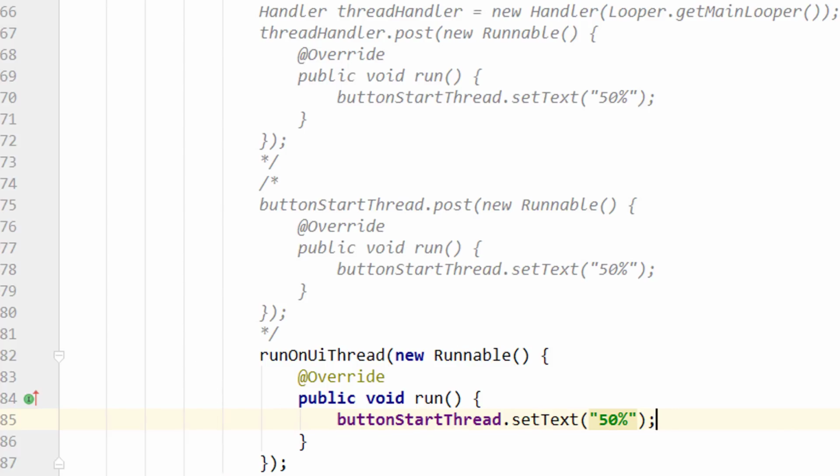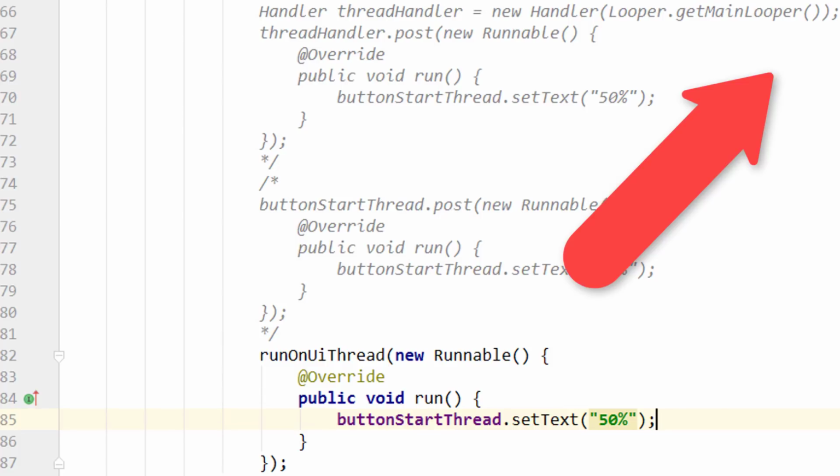But as you can see, all this updating and running the background thread can be a bit confusing, especially when our app grows. And to make this more convenient, there are classes in place that make it easier, like the AsyncTask, which abstracts this functionality. And I already have a video on AsyncTask, which you can find when you click on the little i in the top right corner of this video, so make sure to watch this as well.